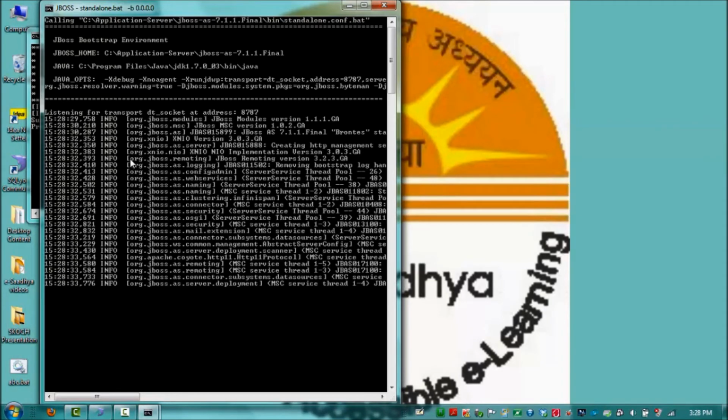The JBoss server is getting started, deploying the eSadhya application. You can maximize the window to see the status of the JBoss server.